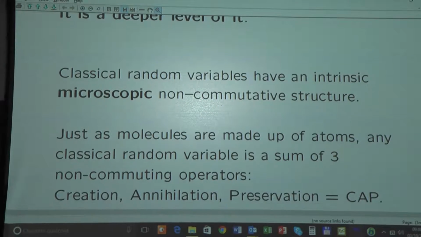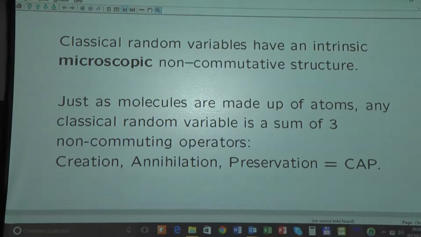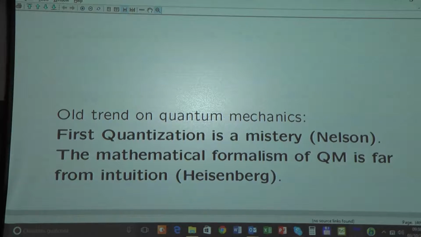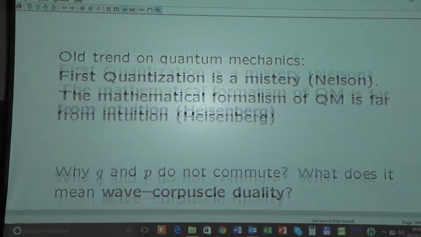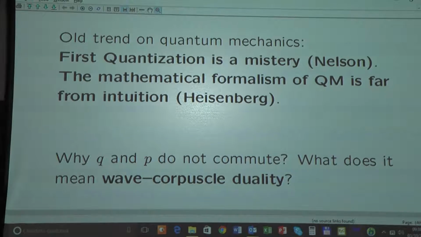So, this is the fact that classical random variables have a kind of microscopic structure which is intrinsically not commutative. Why is this now an implication in quantum mechanics? Well, in quantum mechanics, you know very well that